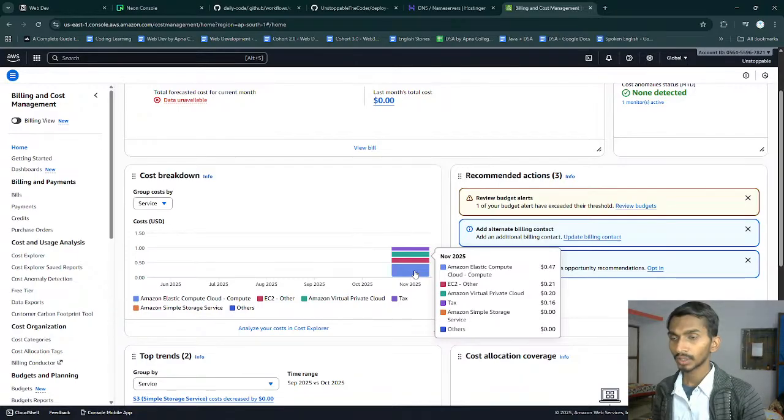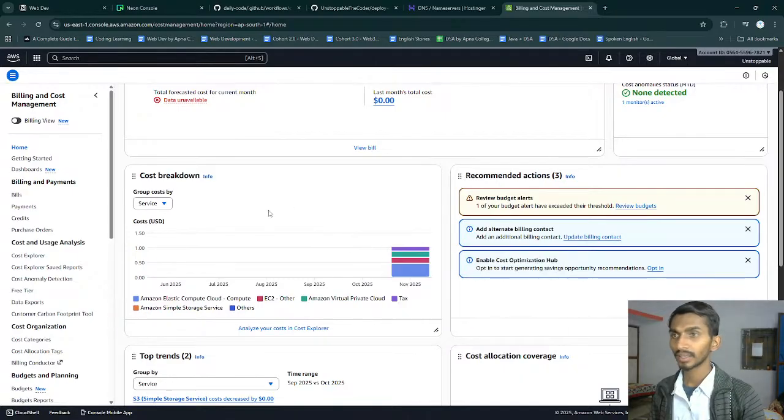Amazon Elastic Compute Cloud. Wow, EC2 other. This Elastic thing takes lots of compute.